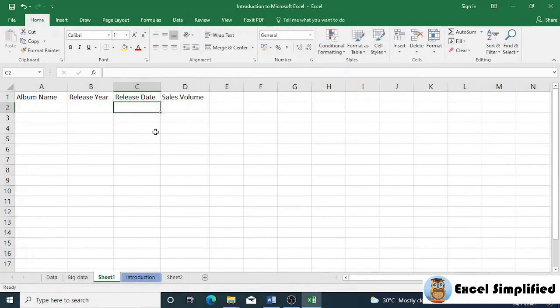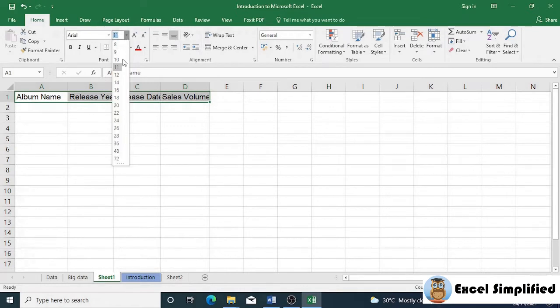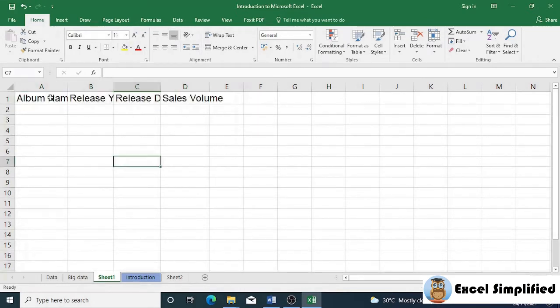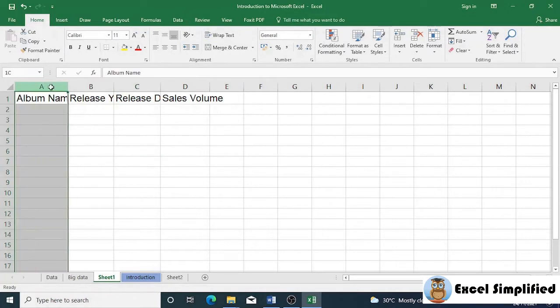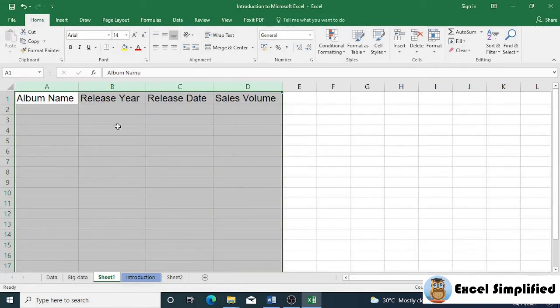We can format this text by choosing the font type and font size we want using the ribbon font. Select the whole rows and we can format everything together. So I'm going to change the font type and make the font slightly larger to 14. As you can see, because the font gets larger, it didn't fit in the column again. So I can choose all the columns, move my cursor over here or here, double click, and it will auto